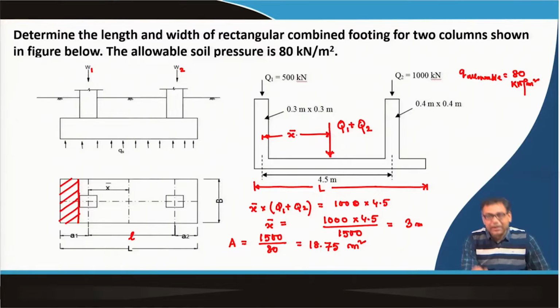This x bar distance is the distance where the resultant loads or forces are acting, and if we consider this as the center of this foundation, then my required L will be